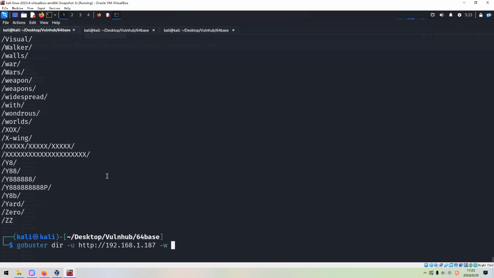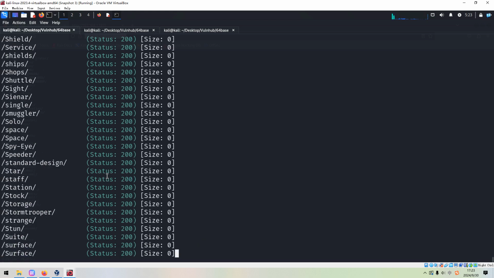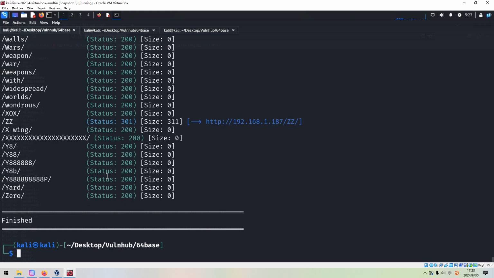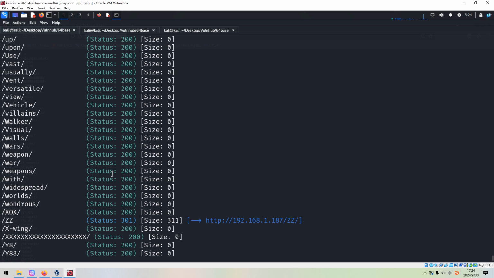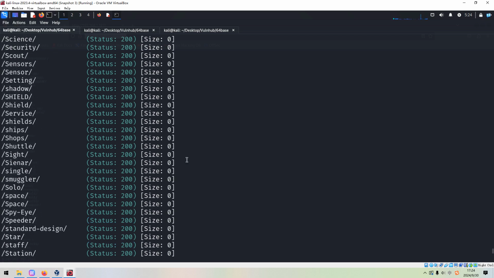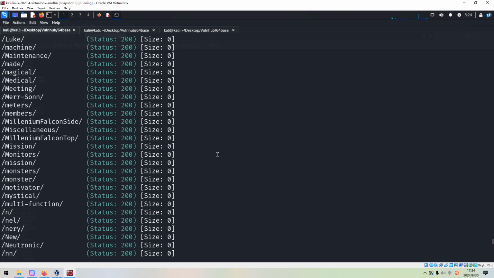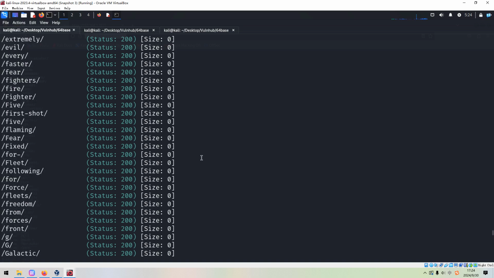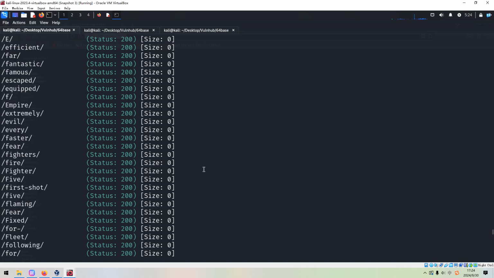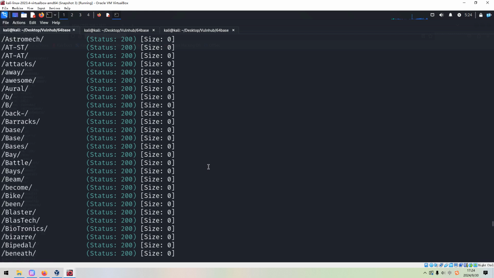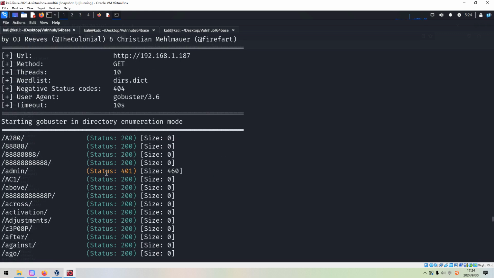And the word list, this time we want to use this generated word list. And press enter. A lot of output. And we just focus on some unusual output or results. I think this one, the status is 401.